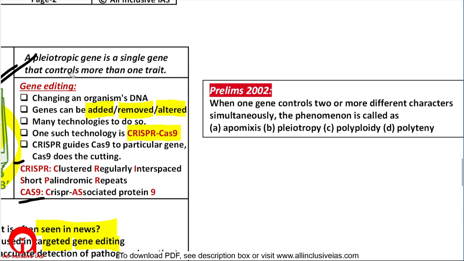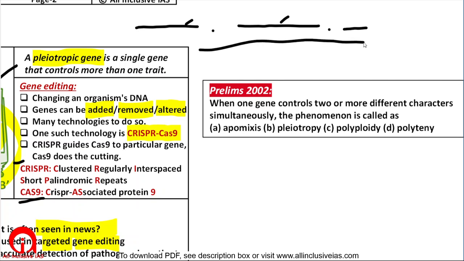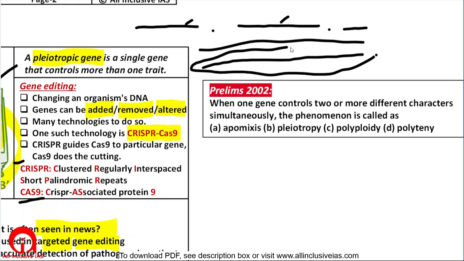One more thing, what are pleiotropic genes? So pleiotropic genes is a single gene which controls more than one trait. I explained to you, genes are like sentences. There is a sentence, this person will have blue eyes. Another sentence, this person will have curly hair. So each gene is controlling one trait, but there can be long sentences also, that this particular person will have blue eyes and curly hair. This is one long sentence, and this one long sentence is controlling two traits, right? So such genes are called pleiotropic genes.